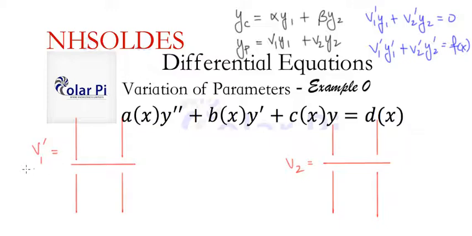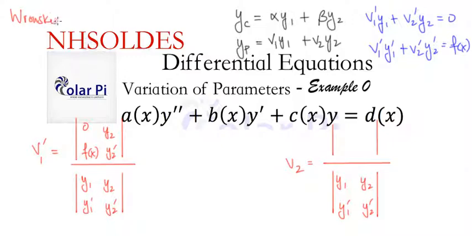Okay, so first v1 prime, right? By Cramer's rule, it's going to be the determinant of the matrix with entries 0, f of x, and then y2 and y2 prime, right? Okay, cool. And then the determinant in the bottom is going to be y1, y1 prime, y2, and y2 prime, the determinant of the same matrix in the bottom of v2. But wait, we recognize this determinant. It's a Wronskian,